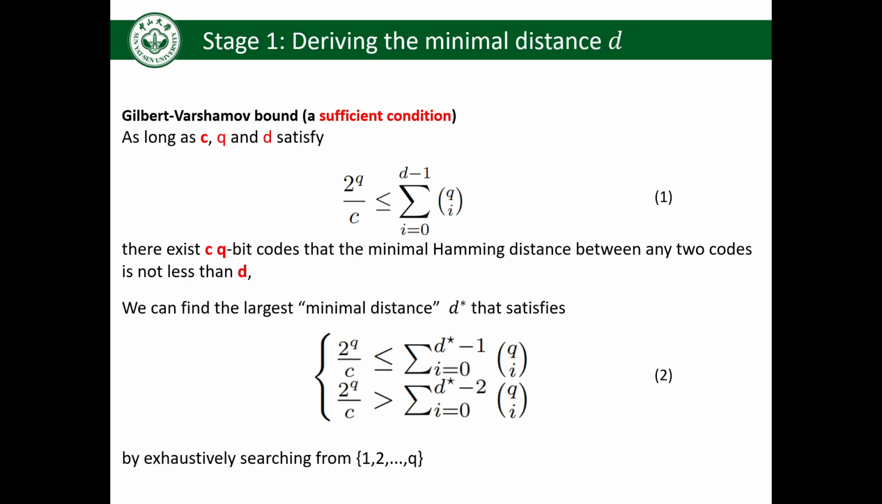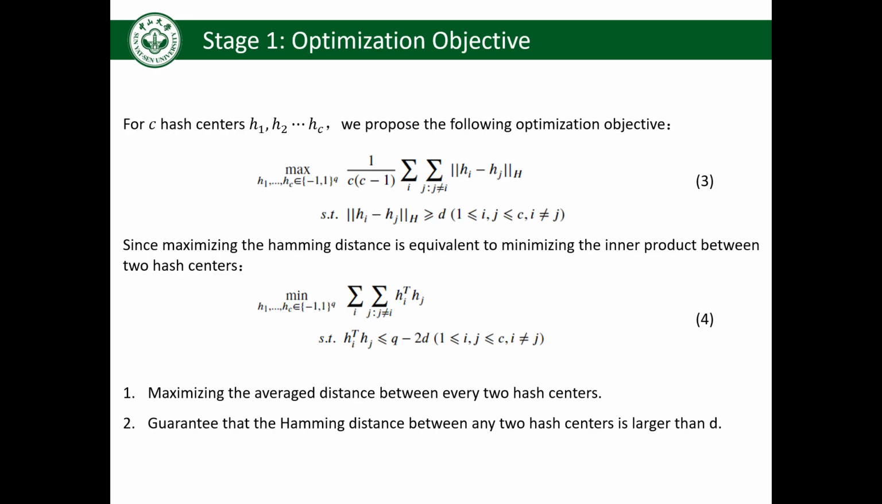Firstly, in stage 1, we find the largest minimal distance that satisfies the Gilbert bound by exhaustively searching from 1 to q. The Gilbert bound is shown in equation 1, which guarantees that as long as the class number c, hash bit q, and d satisfy equation 1, there exist c q-bit codes such that the minimal Hamming distance between any two codes is no less than d. Then